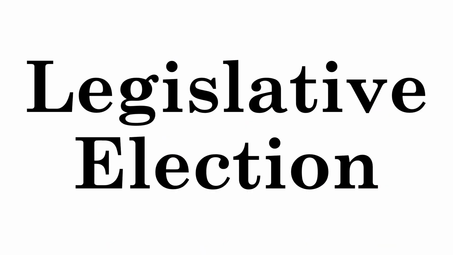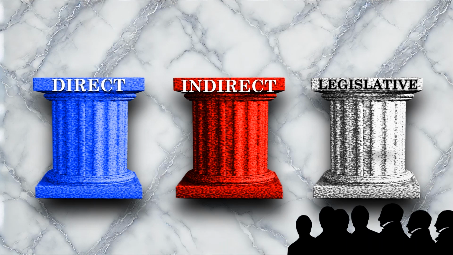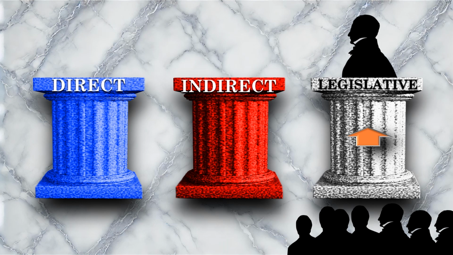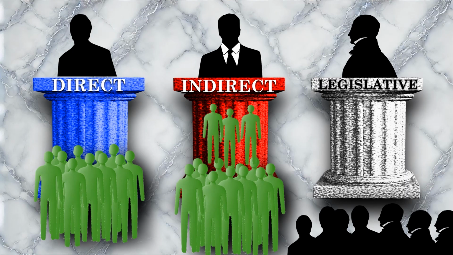The third kind of election is a legislative election. In a legislative election, legislators who were previously elected in the state elect the public officer. State legislators themselves were typically elected using a combination of direct and indirect election methods. So the legislative method is basically an even more indirect method of election, using a voting body that has already been informed by both of the previous 2 methods. The Constitution originally specified that United States senators should be chosen by the legislature of the state. Senators in state legislatures were also often elected using an indirect method as well.